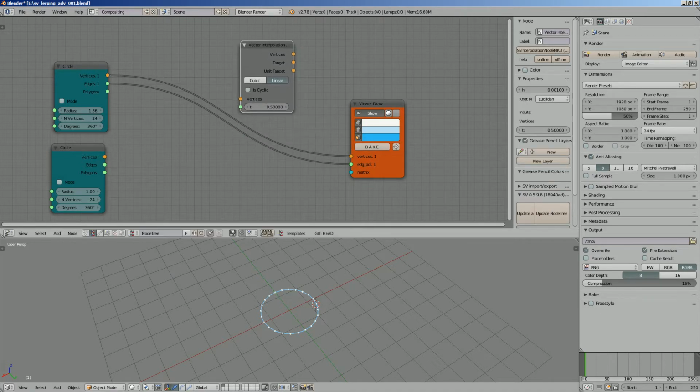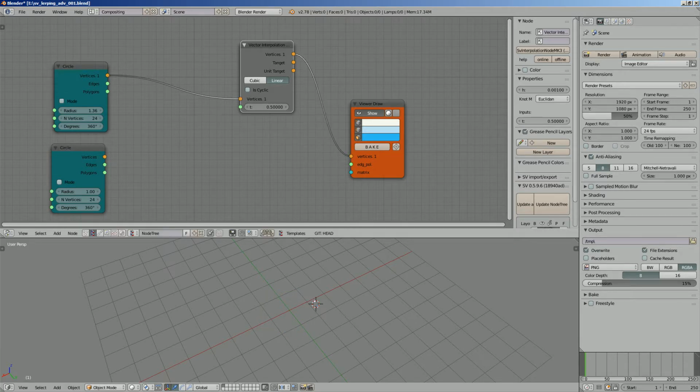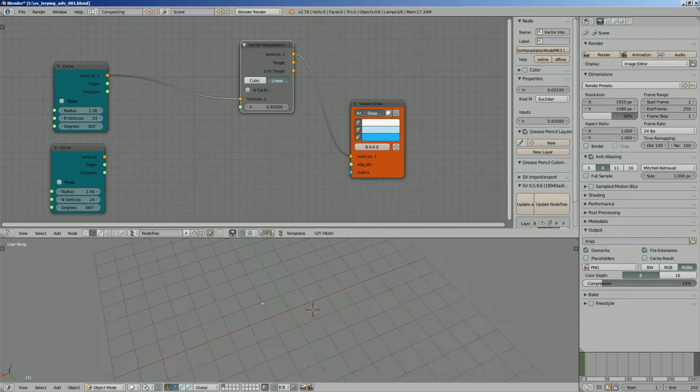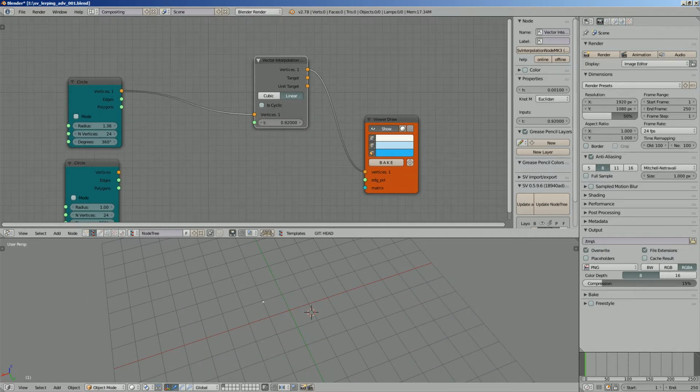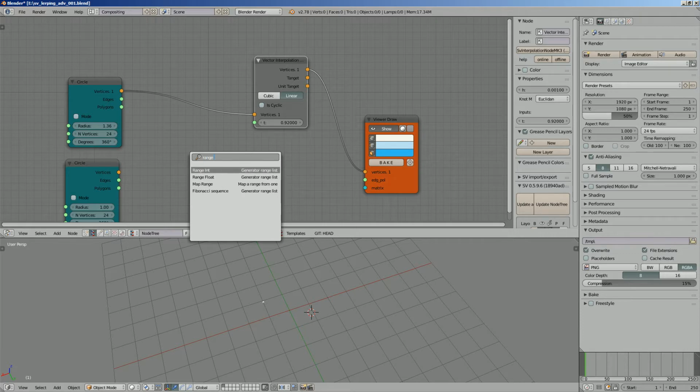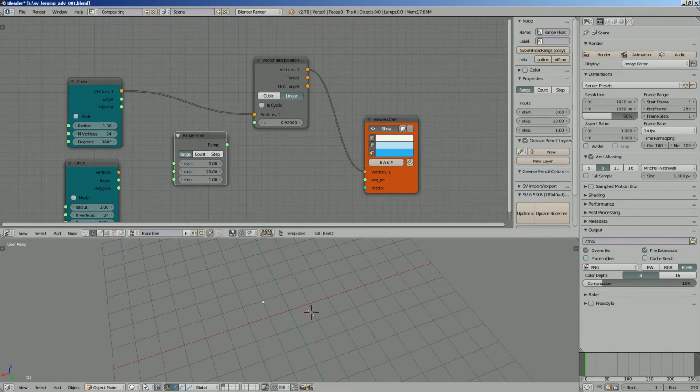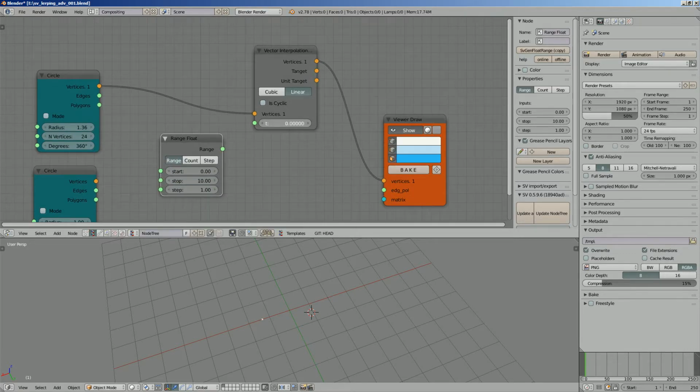You've probably seen me using this a couple of times. This node does the interpolations, but more along the edges. So in the case of a circle, there's this value between 0 and 1, and if we plug in